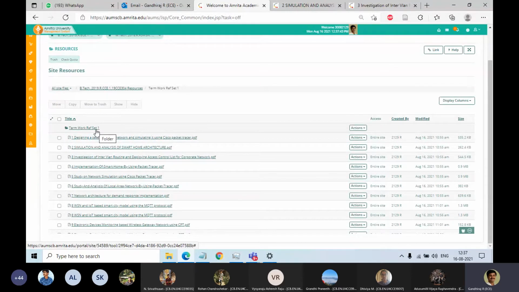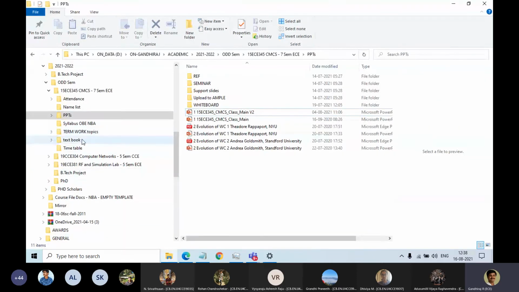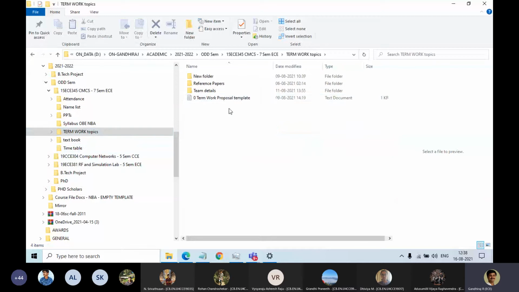Using these two sets, the students have to select any one article as a team, as a term project. I have already told you what you have to submit as the term project.